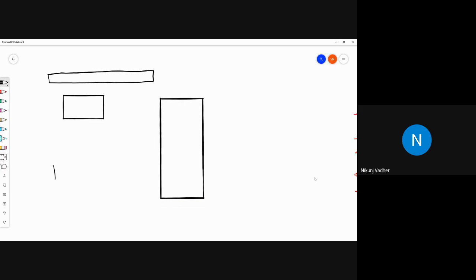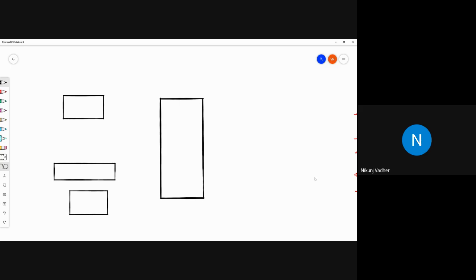Here we will have another decoder. There will be a sequence counter. So let's do the mapping. Let me try to delete this one and draw it correctly.